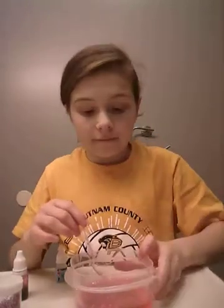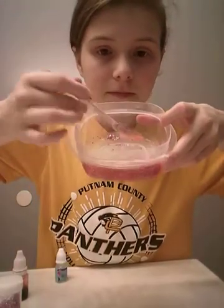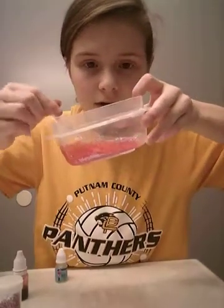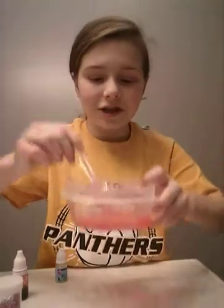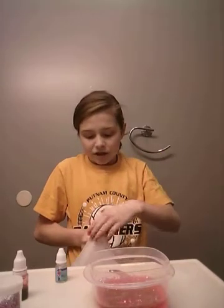Alright, so here's my final product. You guys can see the glitter at the bottom. I'm gonna try and look at that glitter that's on the spoon. That's like big chunks of glitter. So yeah, now I'm going to add the glue. Ugh. Try and...